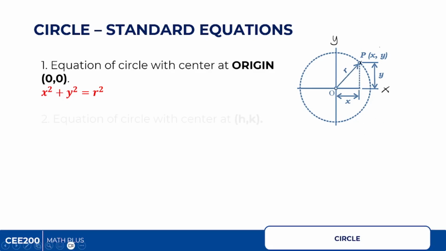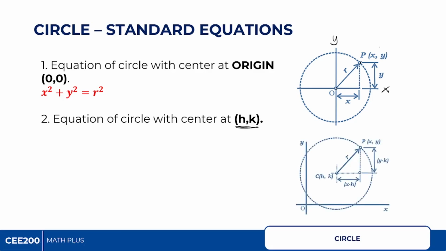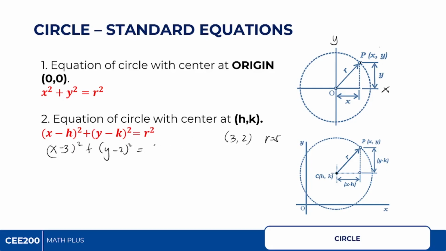Okay? Now, meron din tayong equation of a circle with center at (h, k). Wala siya dito sa center or the origin. Nandito siya sa other point ng x and y axis. So ito yun. Whatever value you have here, your standard equation would be like this one lang. So you will just be subtracting whatever coordinate you have for the center. So for example, if your center of the circle is at point (3, 2), so this one would be (x minus 3) squared plus (y minus 2) squared equals the radius squared. For example, radius is 5, so that is 5 squared. So that's how you write the